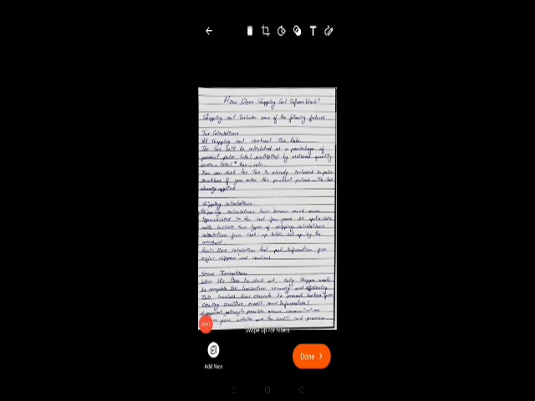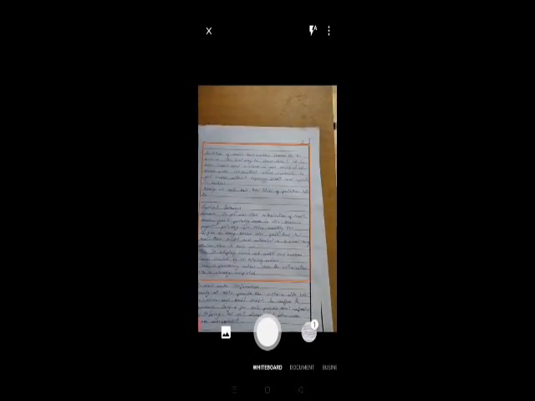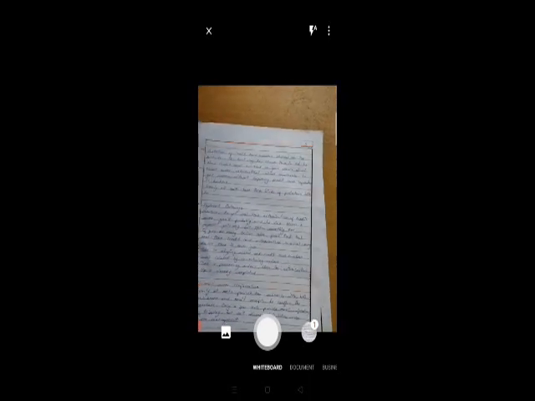If you want to scan some more pages, then click on add new option. Follow the same procedure that was explained in step 1 and step 2 for all the pages that you want to scan. Once you complete adding all the pages, tap one button next to capture button. It is indicated with number of pages that you have scanned so far.